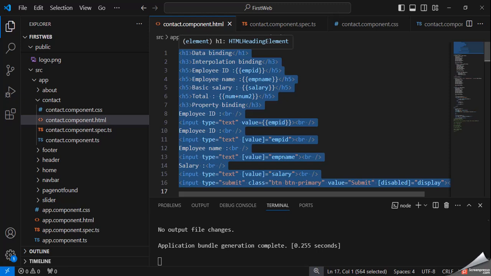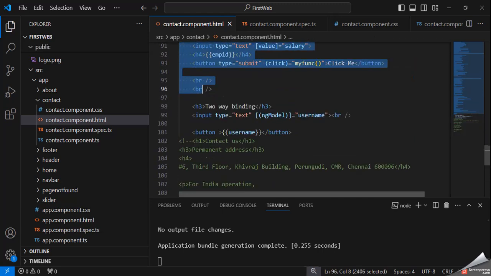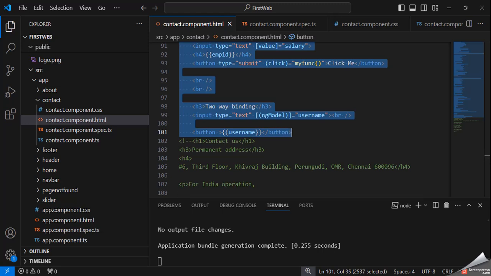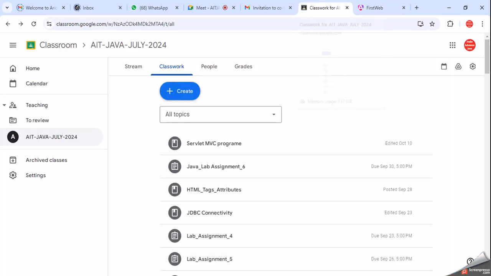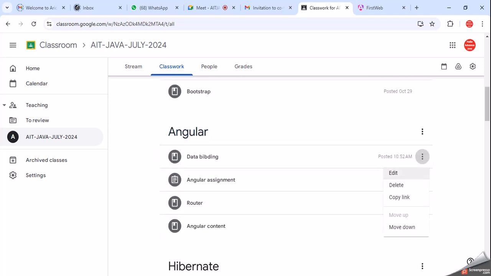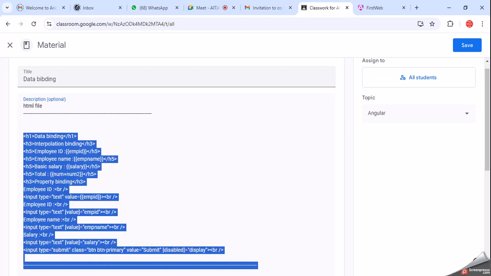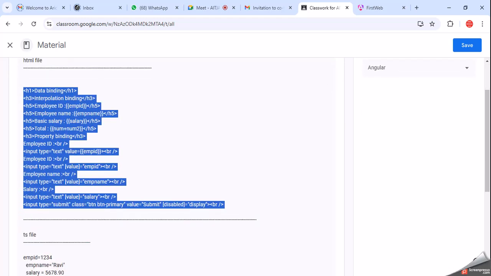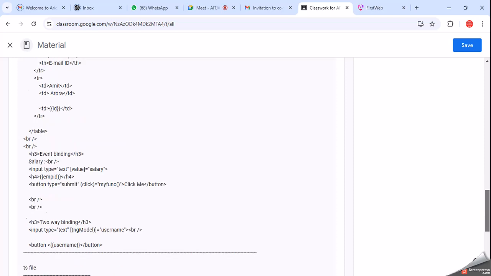Please practice on these different types of data binding. The example is an HTML file.